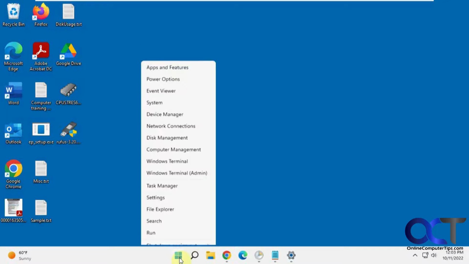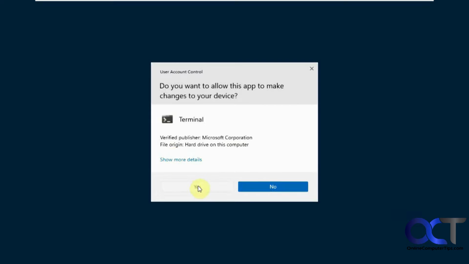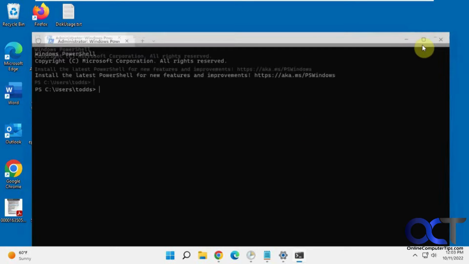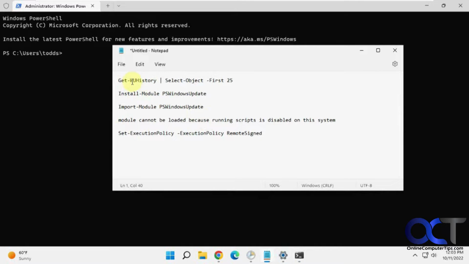So if you're on Windows 11, you should be able to right-click on Start, do the Windows Terminal Admin. If you don't have this, or if you're in Windows 10, you could just open PowerShell in administrator mode there. Okay, so the command is Get-WUHistory, Select-Object -First 25. So this is piping it into the first 25. Otherwise, it'll just scroll through everything, and it might be a little too much for you to see there on